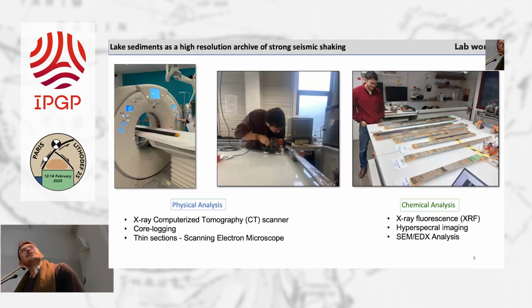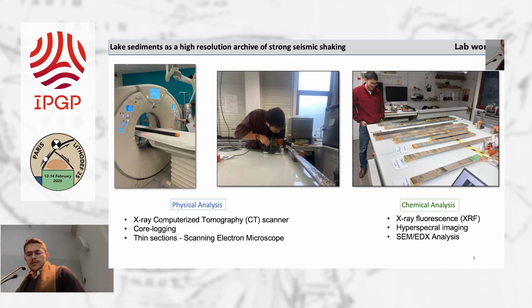As you can see here, we opened them all, and I was quite glad to see that they were still alive, and also to see how well preserved the stratigraphy was in those cores. But I had new concerns because I couldn't see any signatures of paleoturbidite directly by sight. So because of this, we use a combination of different high resolution physical analysis and chemical analysis in order to look more carefully